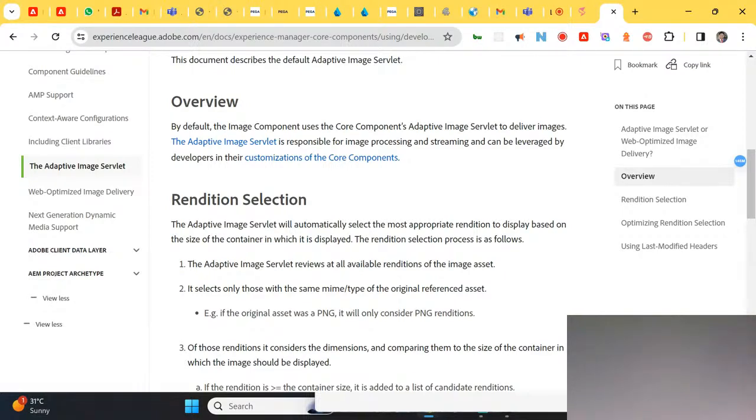I didn't get you. Could you please repeat the question? If the extension type is PNG, then it will create PNG in the out of the box rendition, as we are using the DAM upload asset workflow, where we are adding a process. Yes, out of the box, it will consider the MIME type for creating other renditions. And if we need anything else also as a rendition, we can use that.